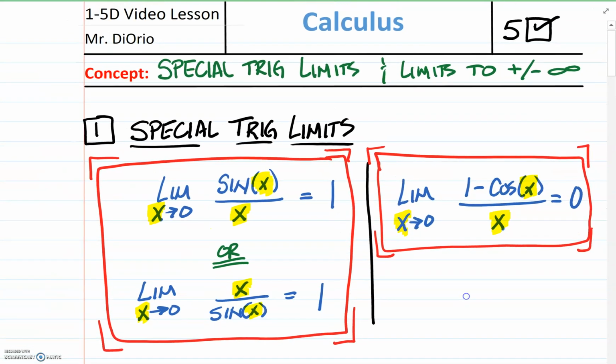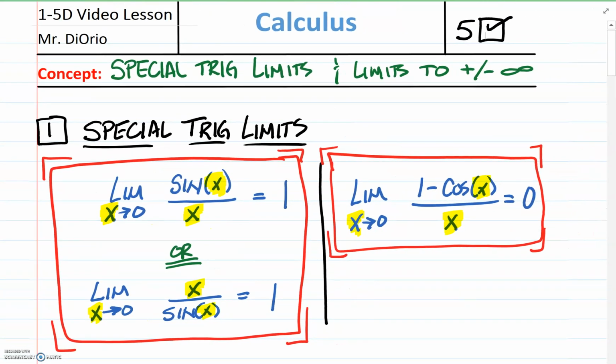The first one is the limit as x approaches 0 of sine x over x. That's going to be a 1. And the reciprocal is also the same thing, right? The limit as x approaches 0 of x over sine x is also 1. So the thing to look for here is that if the argument, the thing inside the parentheses of your sine function, and its denominator, or vice versa, are the same, we're allowed to say that they're